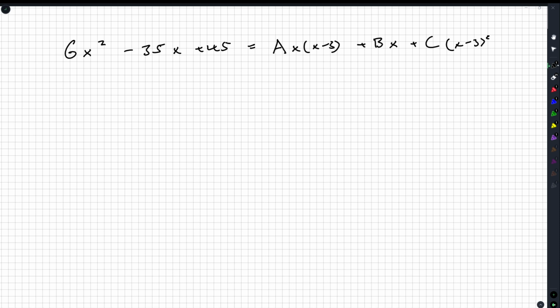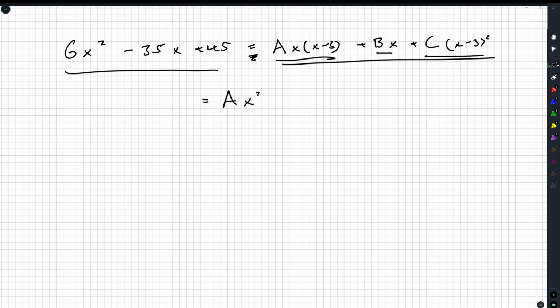Another strategy is to realize, hey, I've got 2 polynomials here. One of the nice properties of polynomials, and polynomials have tons of nice properties, they are just probably the best set of functions out there. But one of the properties of polynomials is that 2 polynomials are equal only if they have the exact same coefficients. So what I can do on this side is expand these out and say, okay, this is ax squared minus 3ax, right? When you multiply your ax's in here,